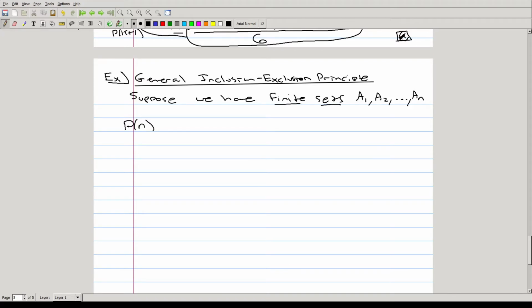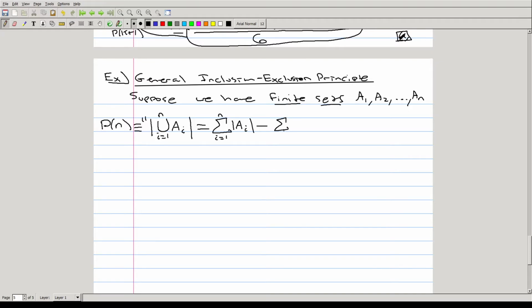The proposition here that we're going to be using induction to prove is an extension of the inclusion-exclusion principle that we developed for 2 sets. And I wrote this down, what this is going to be for 3 sets and 4 sets as well, when I first introduced the inclusion-exclusion principle. But the idea here is that the cardinality of the union of n sets, n finite sets, is going to be exactly equal to the summation of the cardinalities of each individual set